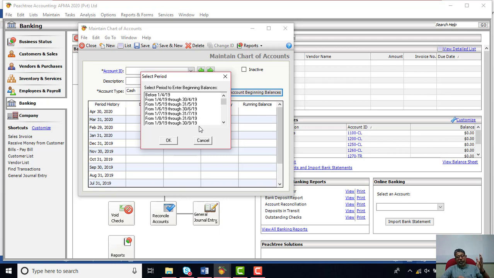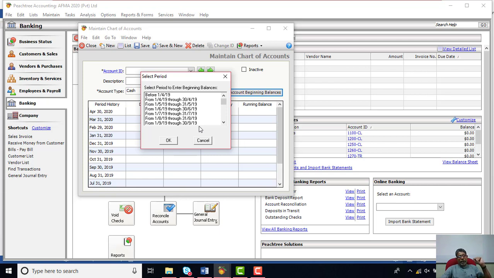So in the second lecture you created your chart of account, right? And we also showed that again in the summarized lecture. You need to make sure that all the accounts set up under the chart of account have the appropriate account type so that you can enter the beginning balances. Because according to the type of account you selected, the system knows which side the normal beginning balance needs to be entered. For example, if I take the cash type of account, the system knows that a cash account needs to have a beginning balance on the debit side. So it will allow you to enter the beginning balance only on the debit side.